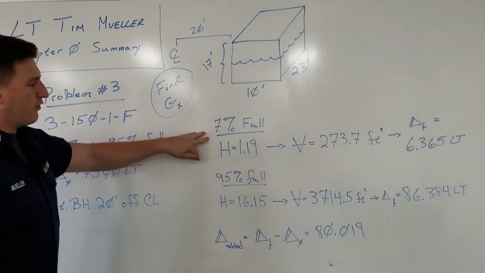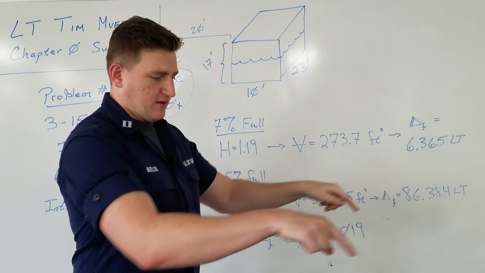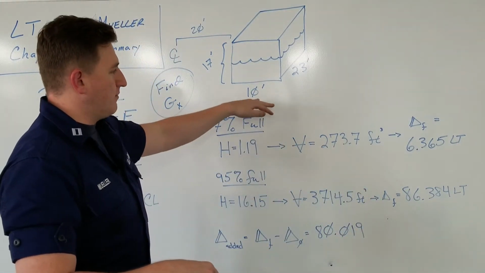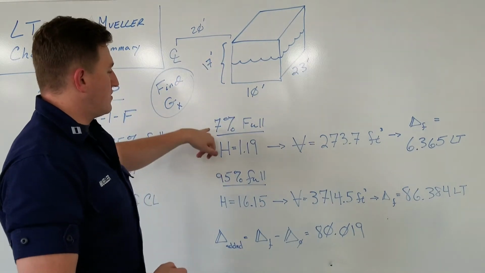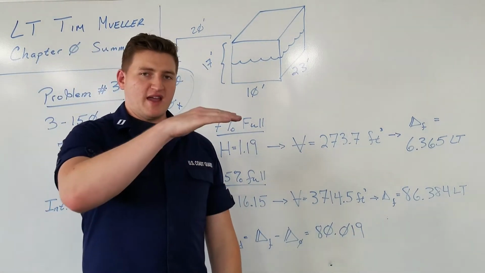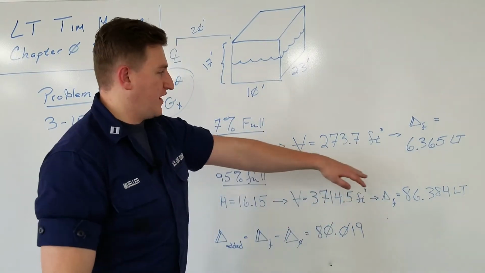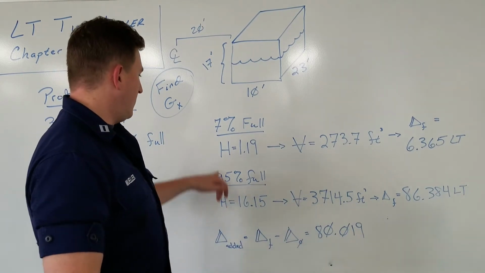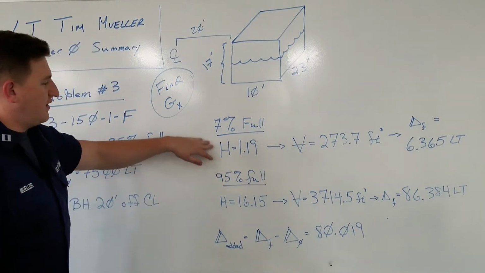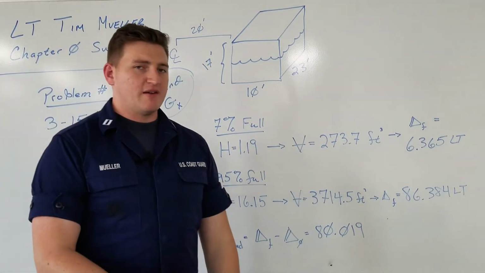So at 7% full, we have to find out how high that is, since the length and width of the compartment aren't going to be changing as we fill the tank, only the height's going to be changing. So when we're at 7% full, where is that height going to be? From that height, we can calculate the volume, then we can calculate the total long tons that there are originally. So we have the height, if we take 7%, so we're just taking 17 feet, and we're multiplying it by 7%, or